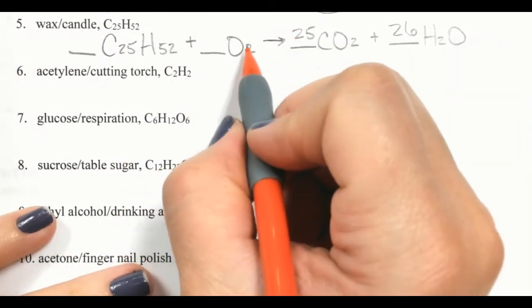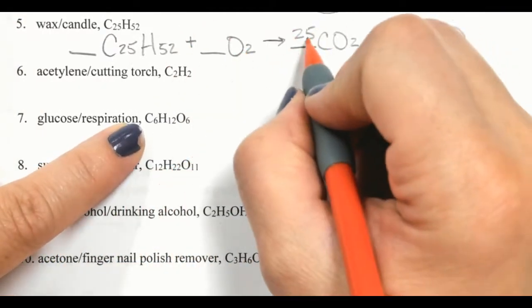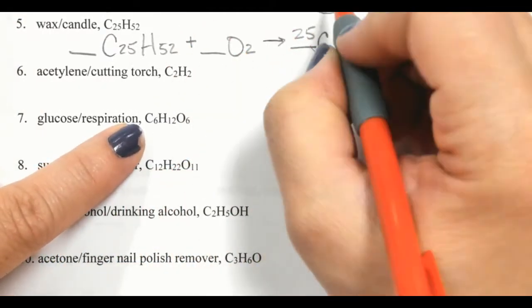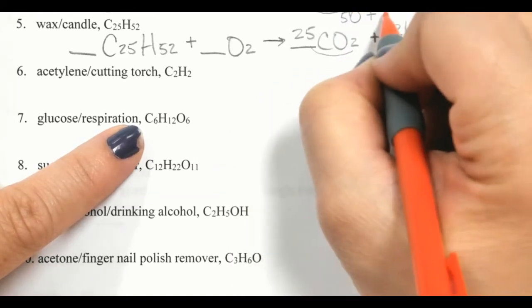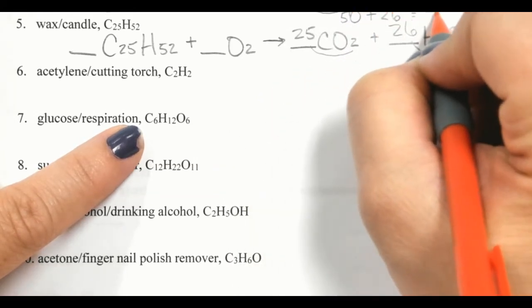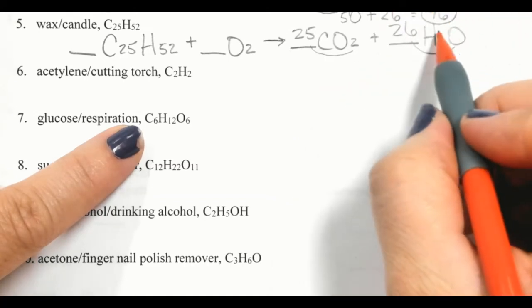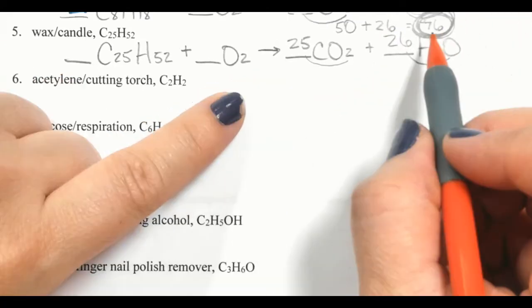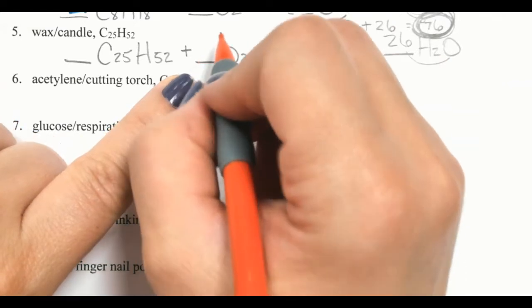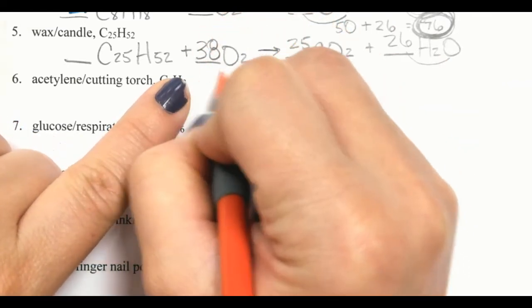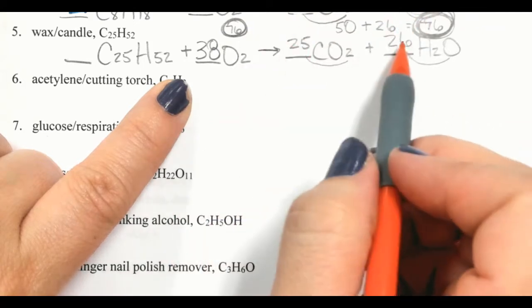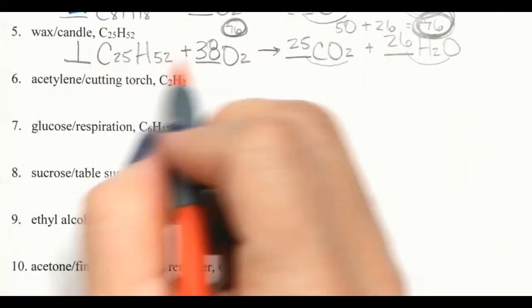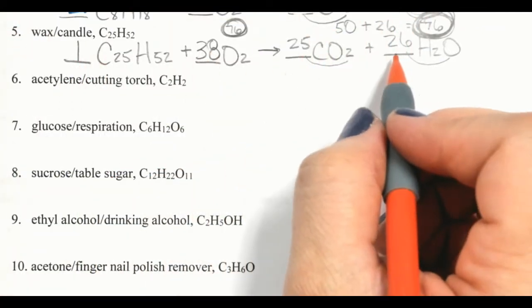Now we'll balance oxygen. You have 2 on the left. A total of 25 times 2 is 50 plus 26 is equal to 76 oxygens on the right-hand side. 76 oxygens is what I need here. 38 times 2 is going to equal 76 oxygens on the left. And so this is going to be 1, 38, 25, and 26. Number 6,